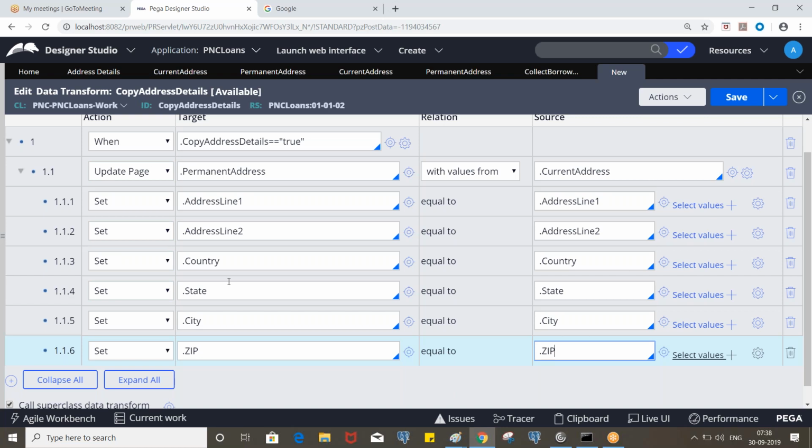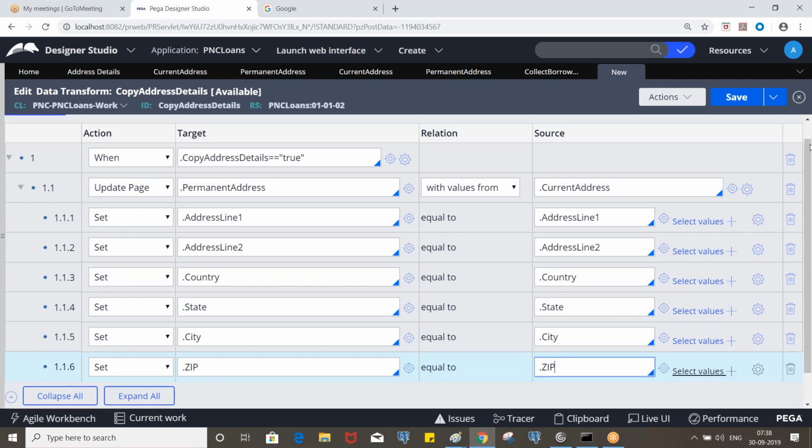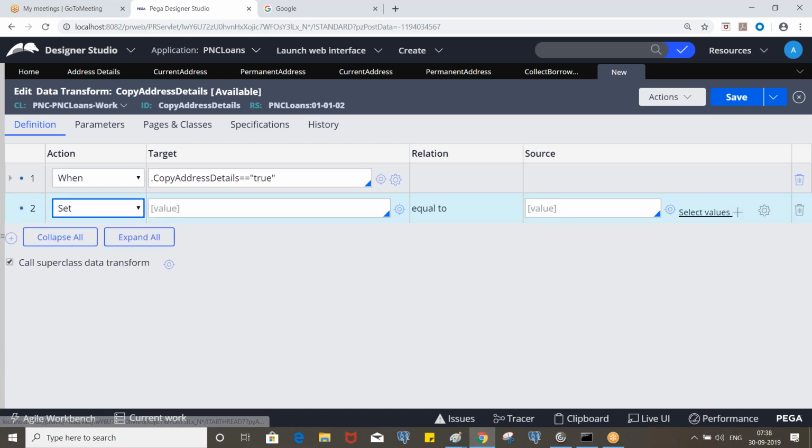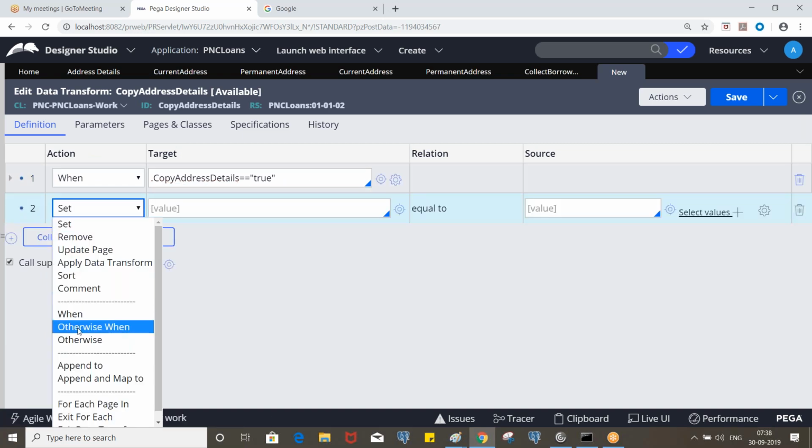And if the user deselects that checkbox, whatever details we have in the permanent address should be removed and it should be in editable format, right? So how can we check that condition now? What is the opposite condition for when? Put the cursor on when here, add one more, and this will be otherwise.